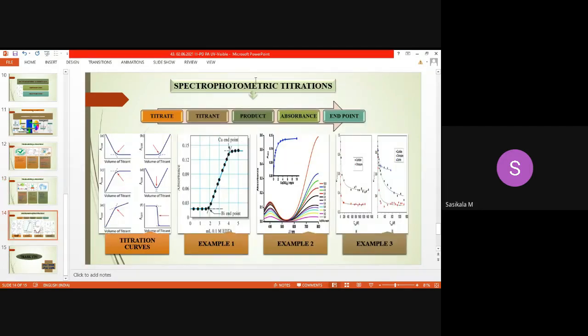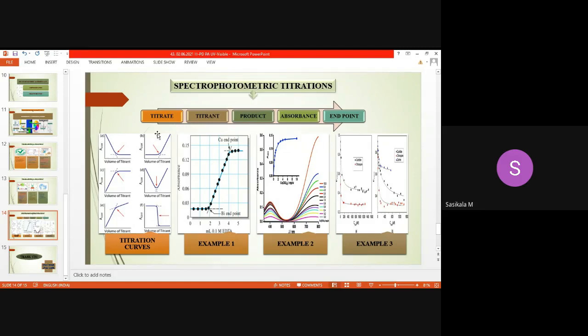And what are spectrometric titrations? In the burette, you take the titrant, and in the conical flask you take your content, like an actual titration. But after each ml of titrant added, the solution is analyzed for its absorbance. Absorbance and volume of titrant are plotted on a graph, where the inflection point tells about the endpoint of that titration. So it is based on absorbance and endpoint calculation. This is the major mechanism of spectrometric titrations.